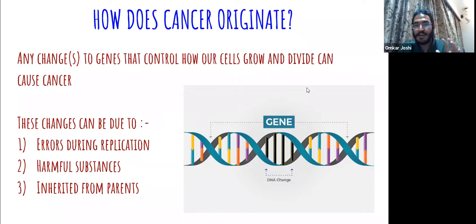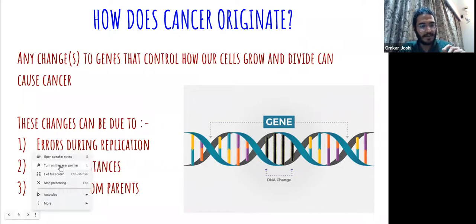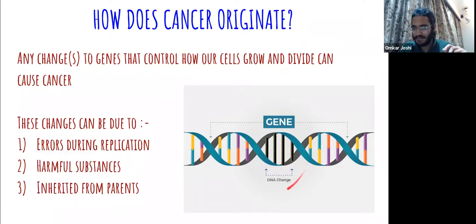For example, Marva, if I tell you that in this figure that I am showing, this black region gets deleted and the two strands connect back, so there's just a deletion. What has happened is the information in the sequence that these black bars represent has been lost. So there is no way we can synthesize back this information. And so a cancer cell cannot, in most cases, come back to where it was. Yeah, it's very difficult.